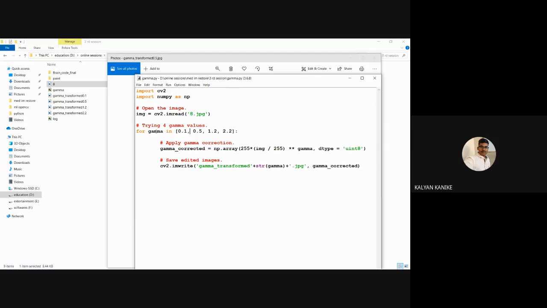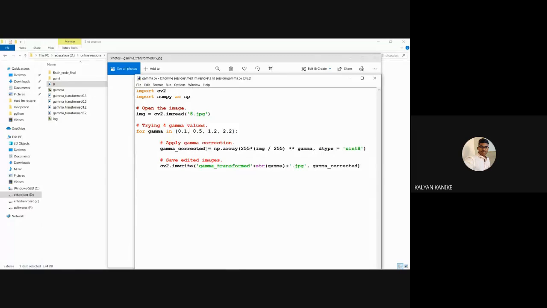Simply, yesterday I told you about the int input keyword, or a float input keyword like that can also be taken. Or else, here without any permission from a user, directly I am applying it for 0.1, 0.5, 1.2 and 2.2, all four values.